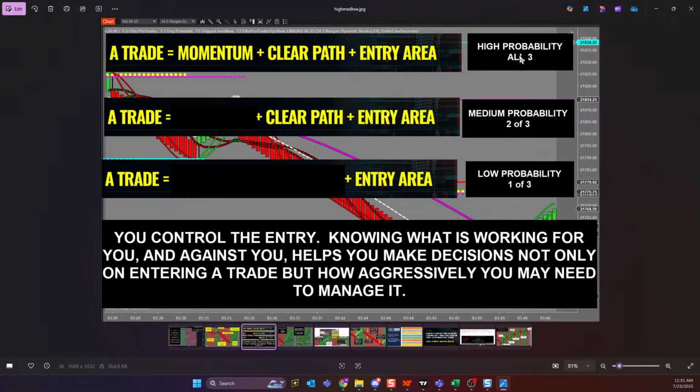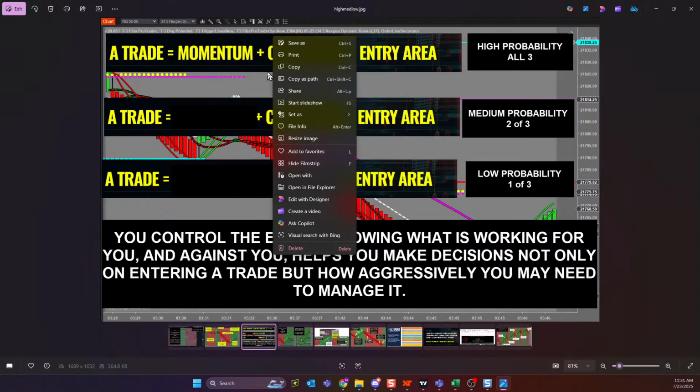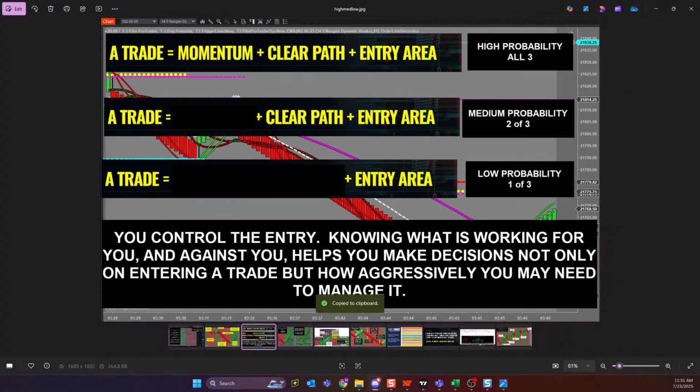So Ollie, if you always go back to the recipe for perfection, just do this. Hold on. Save it to your computer, print it out. Or even better, Ollie, grab a piece of paper and a Sharpie and write momentum, path, and entry on that piece of paper. Guys, everybody do this if you're trying to figure this out. And take 3 pieces of paper.